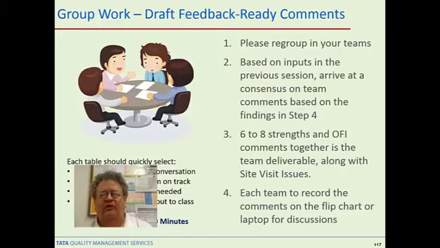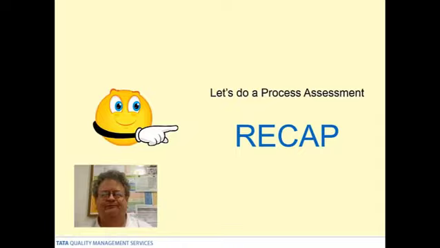Okay, so now we're going to have people again go back and write down the feedback ready comments, and when they're doing so, they're keeping in mind, what might be the things that we're going to look at in order to verify that this is an appropriate comment. If it's a strength, clarify. If we have something we think is an opportunity for improvement, often it's an opportunity for improvement because it's unclear whether they have something that addresses that issue. So clarifying is to see whether there is something at the site that would allow you to better understand whether this opportunity really does exist in the company.